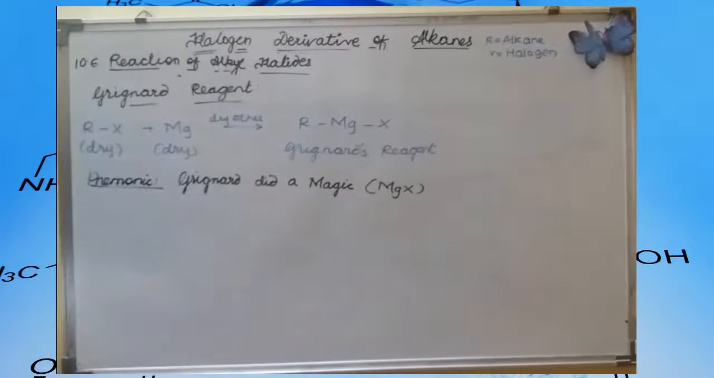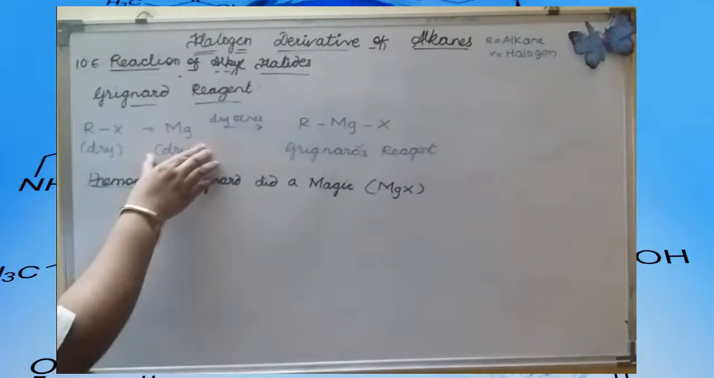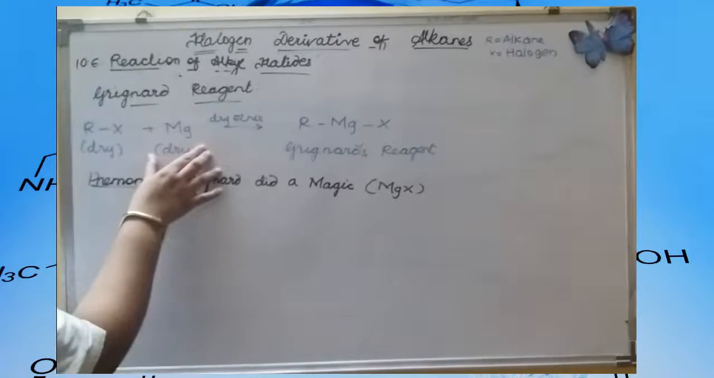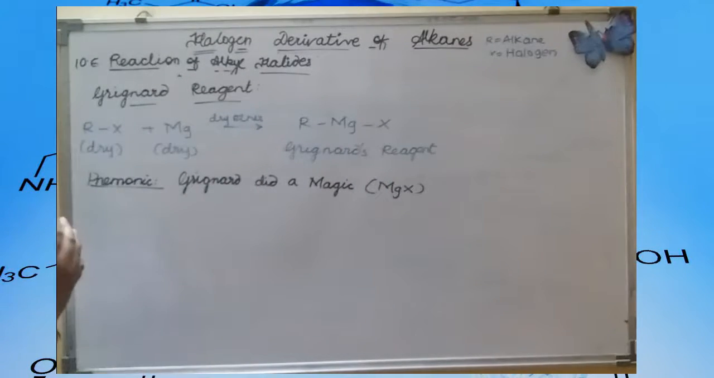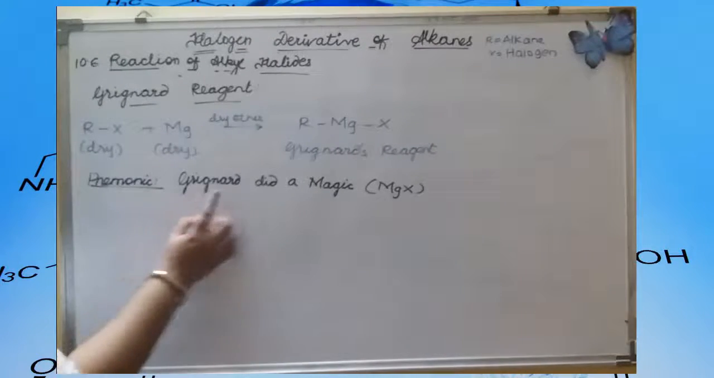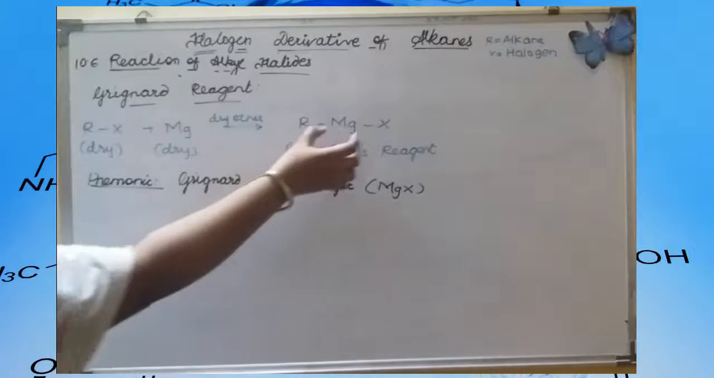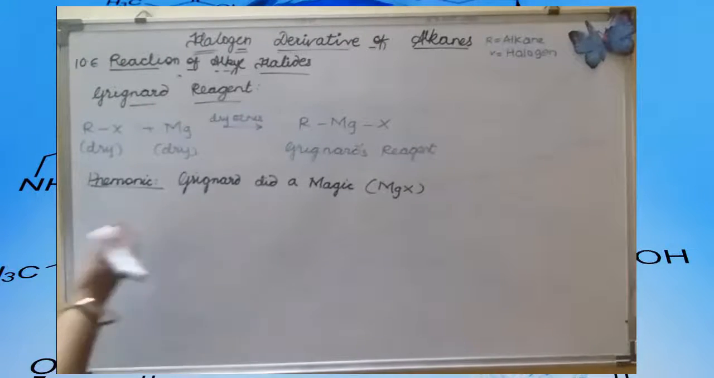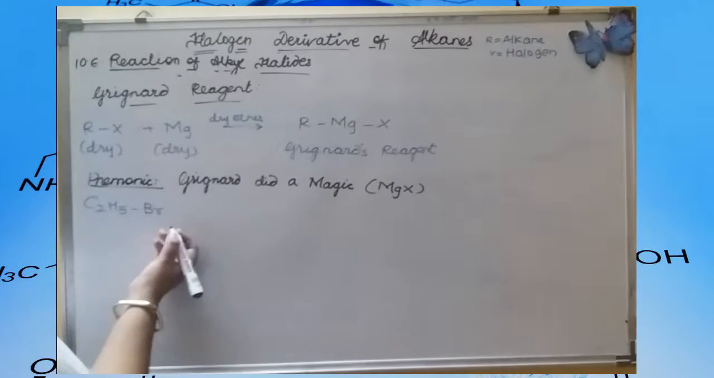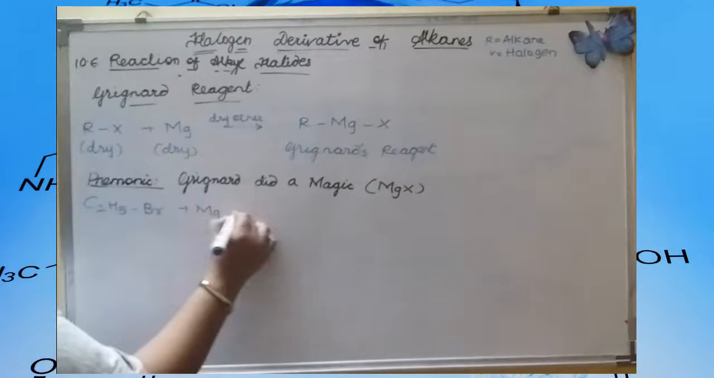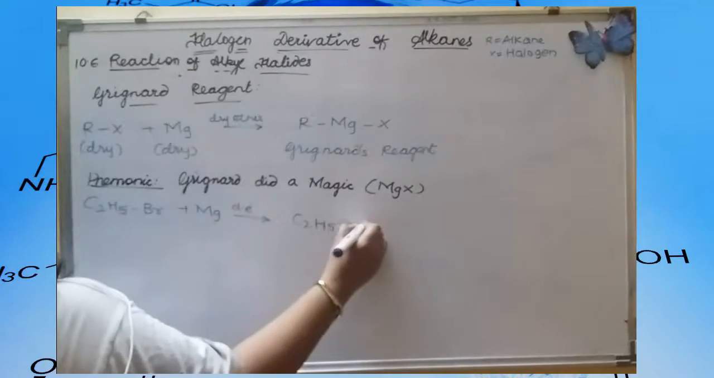So see, for Grignard reagent, the statement says that when a dry alkyl halide reacts with dry divalent magnesium in presence of dry ether, we get Grignard's reagent. How can you remember this? I have written a quick mnemonic here: Grignard did the magic, or MgX, somewhat magic. It resembles magic, so you can remember this formula by this. Suppose I replace it by ethane, C2H5Br or ethyl bromide plus magnesium in presence of dry ether, I get C2H5MgBr, or